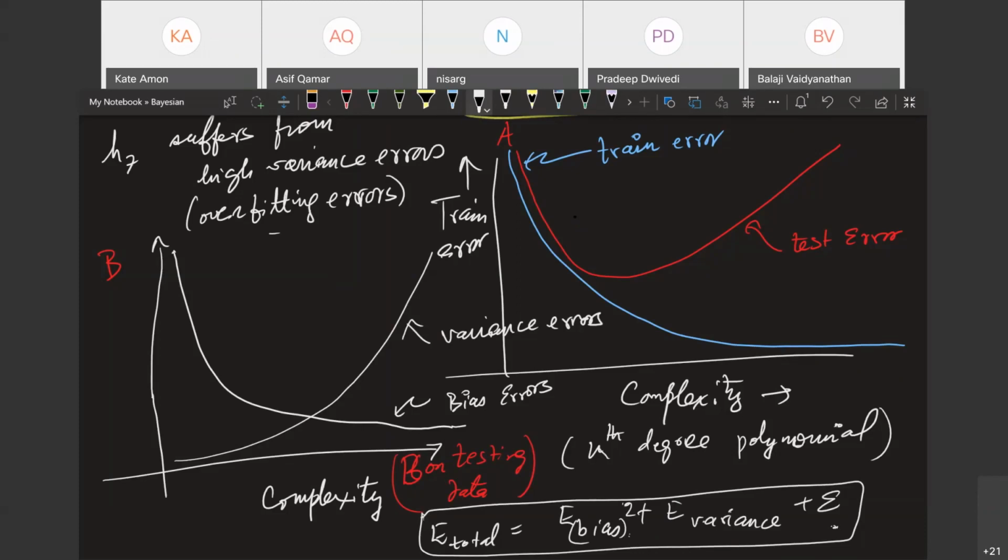So what will happen to the total error? If you add up these two things, it will go like this. Do you see it, guys? Actually, let me use the red line, and then you will see the total error. Do you see this, guys? The bias error comes down, the variance error goes up.